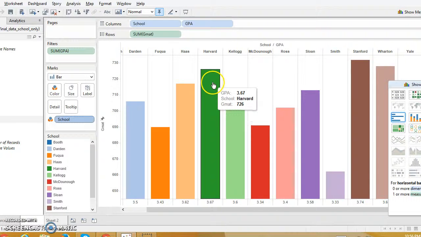Similarly, the school with the second highest GMAT score is Harvard, at 3.67, and the GPA will pretty much always be higher than another school with a lower GMAT score. So it seems like the higher the GMAT score, the higher the GPA, and the lower the GMAT score, the lower the GPA. I found this incredibly surprising because